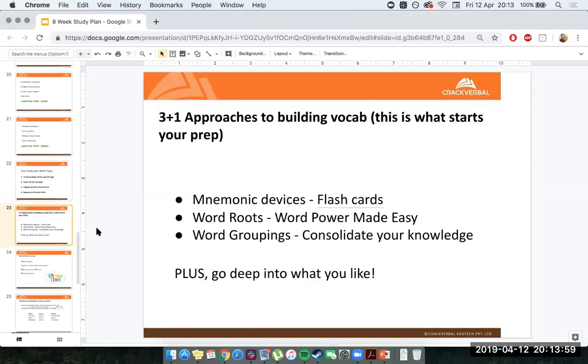Now, I will tell you 4 strategies here that would work for vocab. You may notice that none of these strategies are word lists. Like I said, if you just get a list of words, it's not very effective. It really does not work as well as you think it might. So what I would recommend is using other strategies, and the other strategies are as follows.